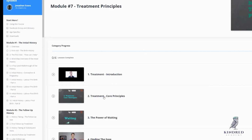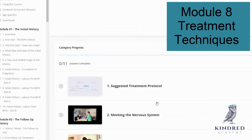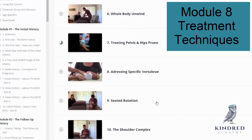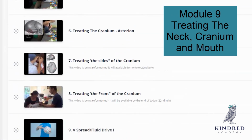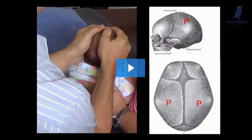And then of course we need to go and talk about treatment principles. What are the different treatment principles that apply to babies? How can you take the skills that you may already have and adapt them to working with baby? And then of course we need to go through a whole bunch of different techniques so that you can work with baby, whether that's working on the cranium, whether that's working on the body, whether that's working in the seated position, the supine position, whether you're going to move baby around a little bit when you work with them,